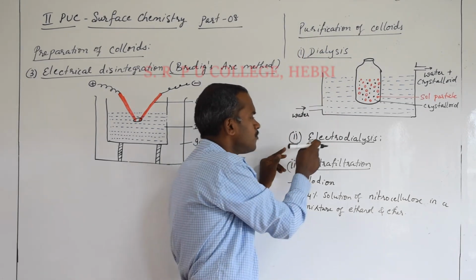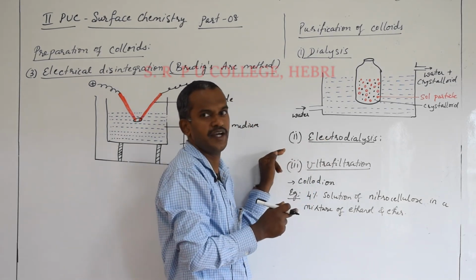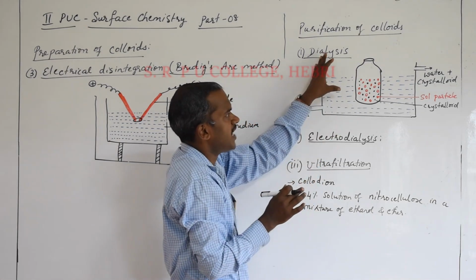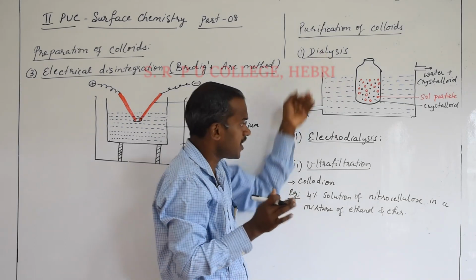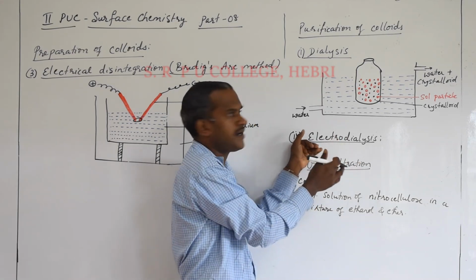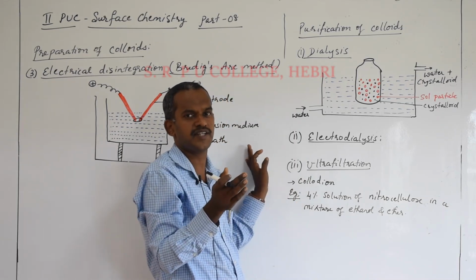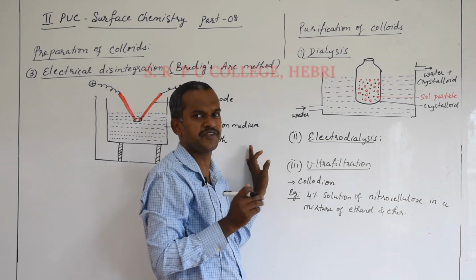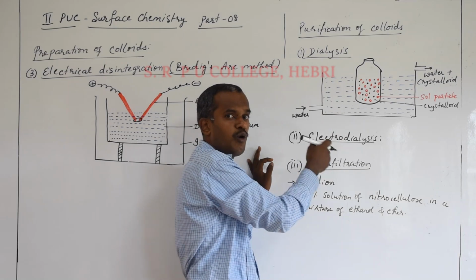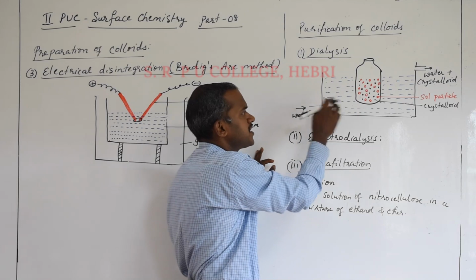Okay, now moving on to the second process of purification, that is electrodialysis. Okay, I told you before, dialysis and electrodialysis are linked. Actually, this dialysis process is slow and we can make it fast by electrodialysis. The principle of working is the same. But suppose charged particles are present, just imagine dissolved particles like Na+ or Cl- ions are present in this, then we can make the movement of the particles a little bit faster by subjecting it to an electric field.